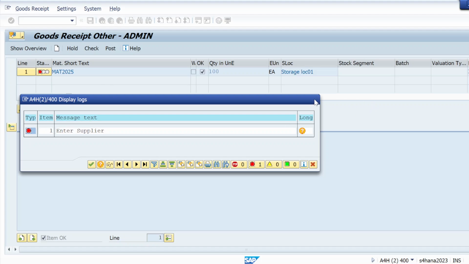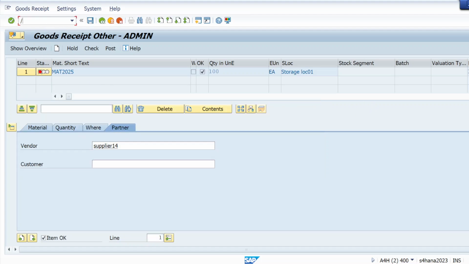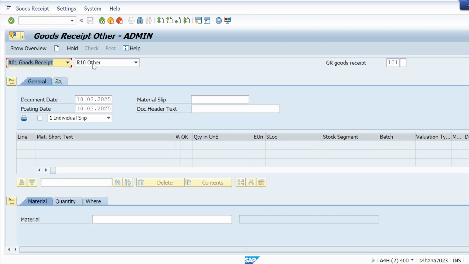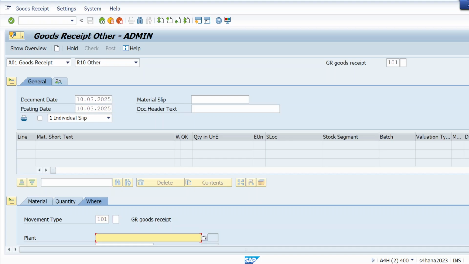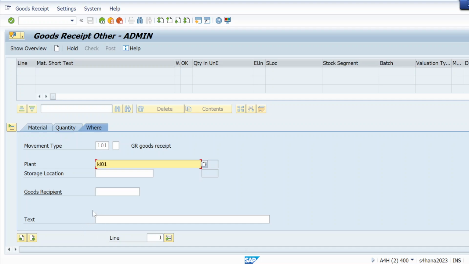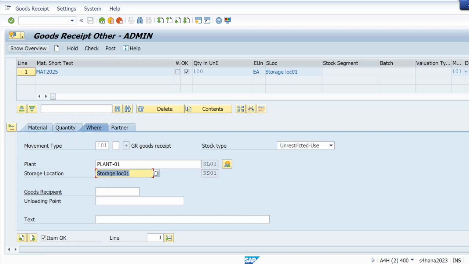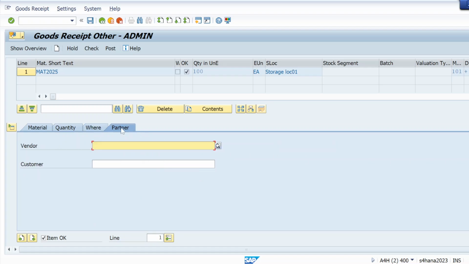Still the same error it's throwing. Okay, now let me check.